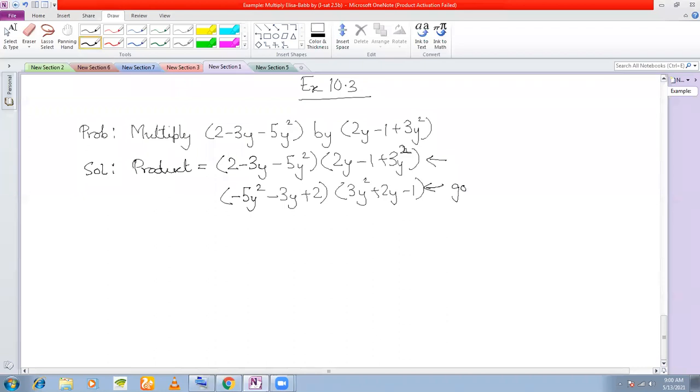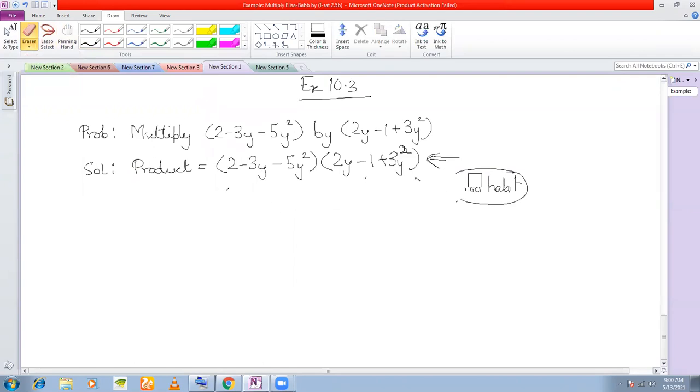This is a good habit of writing. That is why I told you, you can write it in this manner. It is not necessary that you will always write it in this manner. You can do it in this manner also, and I'll show you how to do it in this manner. The process remains exactly the same. You will do our term by term multiplication.